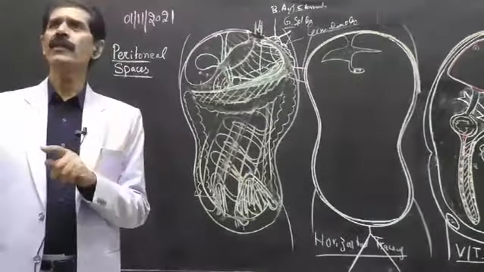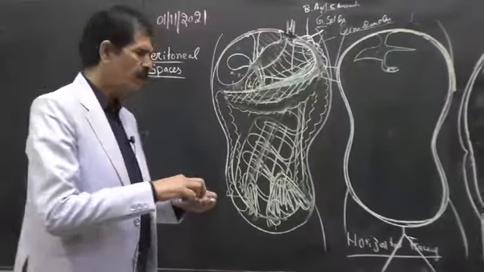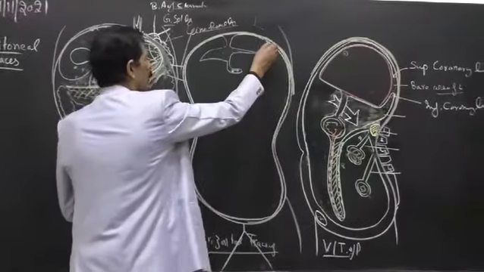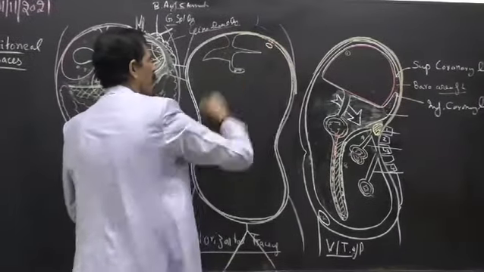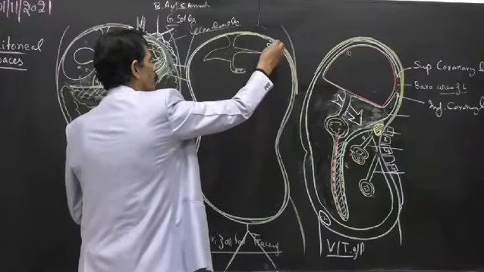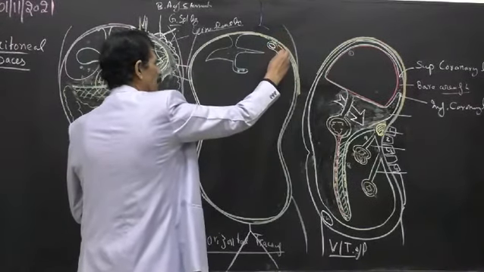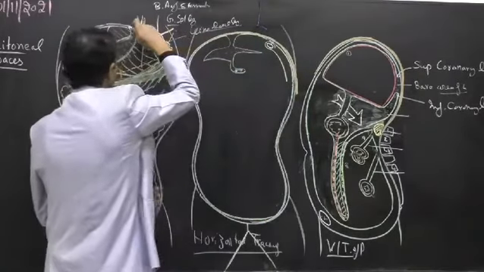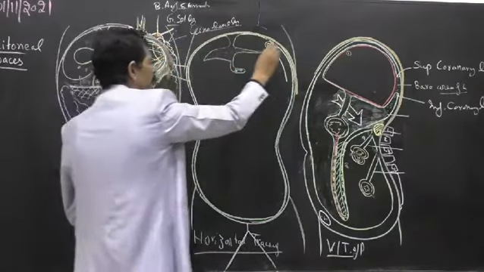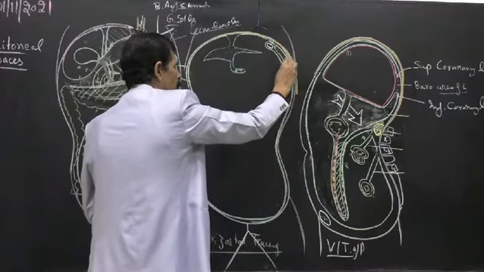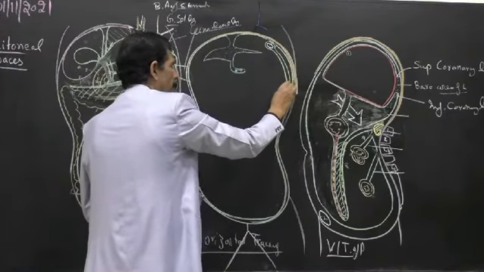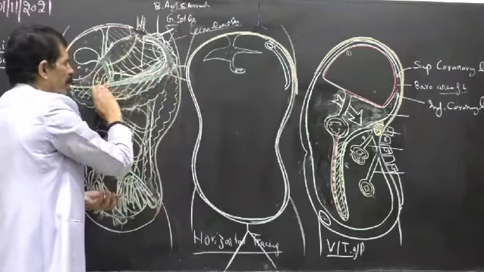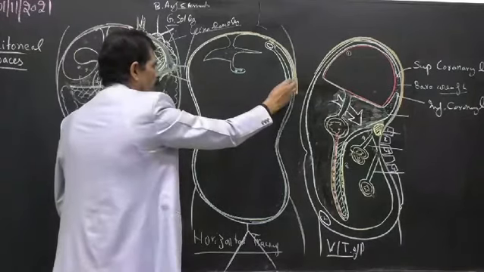So after the removal of the stomach, what is the picture left? Here we cut the stomach, esophagus. The peritoneum is also cut. Here we cut from the esophagus, then we cut the gastrosplenic ligament. So this is number 1, number 2 layer of the gastrosplenic ligament. Then we have to cut the number 3 and number 4 layers in front of the pancreas. This is how you show the cut end of.